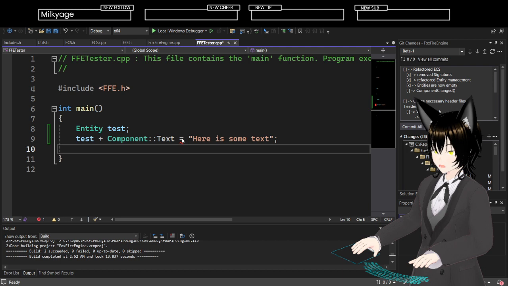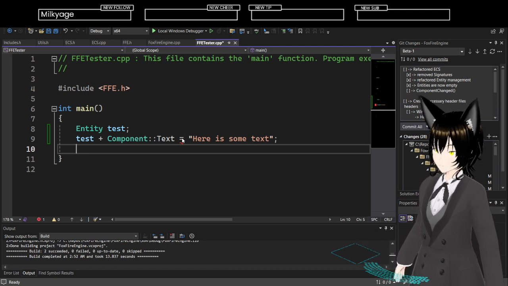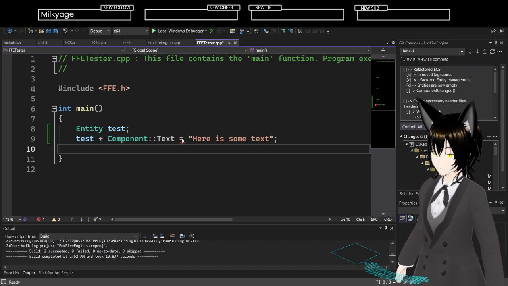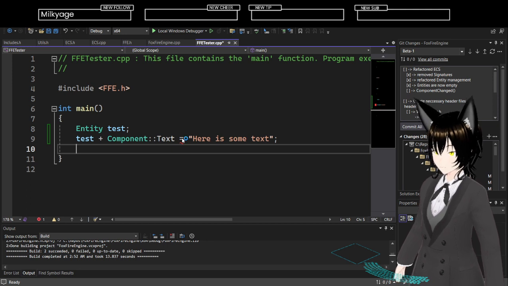What? Constant string, constant char. Argument does not match parameter.